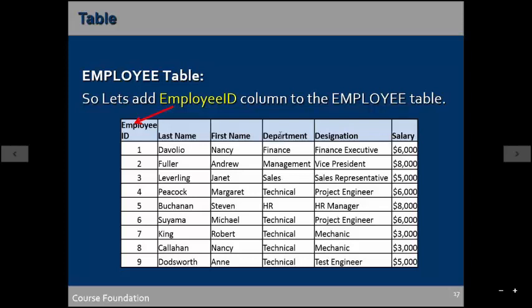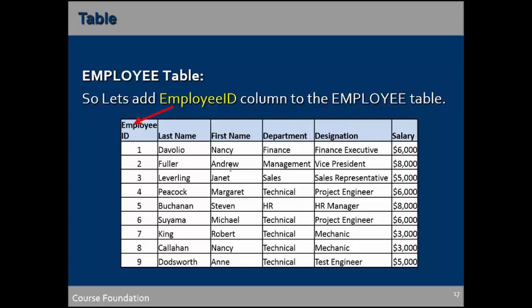Okay, now suppose say I have taken out this column, there is no such column present over here. Okay, but if there are some people working in the company, they are working for some departments, right? So anyone can ask me that, okay, tell me for which department is Andrew working. So then how would I be able to tell him for which department he is working?